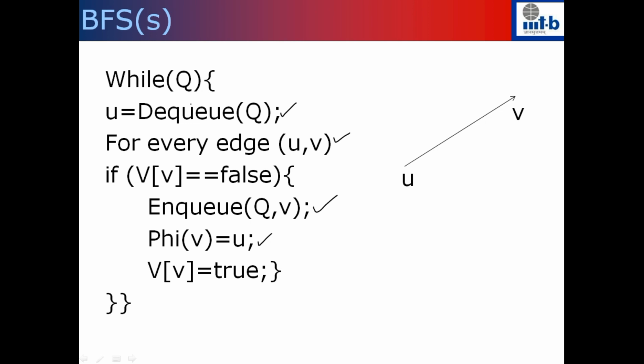Okay, so a quick summary. You start with the first vertex, add that into the queue, and set its flag to true. Now you start dequeuing one element at a time. When you dequeue an element, look at the adjacent vertices of it. If a vertex has not been added into the queue, add it into the queue. Once you add it, set the flag of that vertex to true, and continue this as long as the queue is not empty.